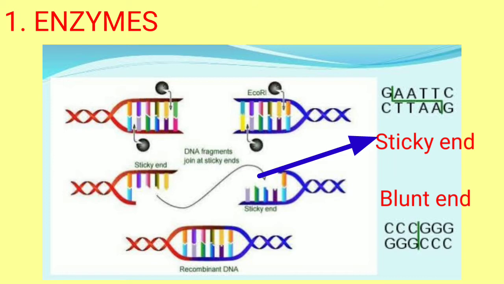Here EcoRI was applied, and EcoRI recognizes its specific sequence, that is GAATTC. In the vector DNA it was applied, and in the foreign DNA it was applied too, and what you will find is that the EcoRI restriction endonuclease cuts both the